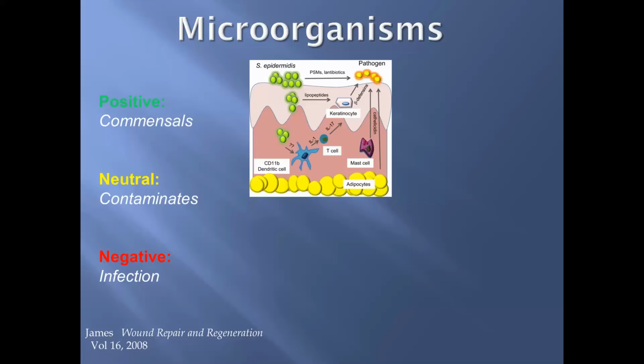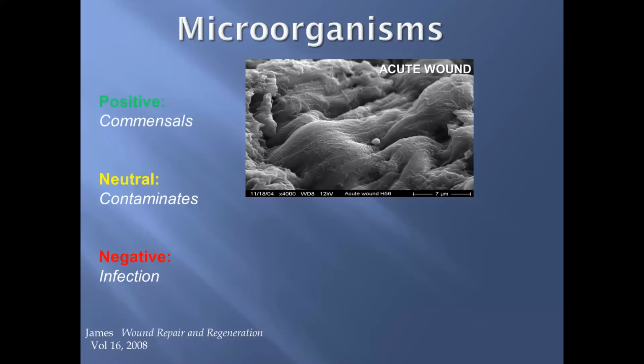What that means is all our normal skin germs like coag-negative staphylococcus or corynebacterium or propionibacterium acnes, and there's a ton of them, when they're in a deep host environment, they are not commensals because those commensal mechanisms don't exist. There's neutral things that can happen, like this little contaminant here. This guy's on the surface of all this extracellular matrix. This is an acute wound, but this bacteria is not propagating. It's not causing any harm to the host,